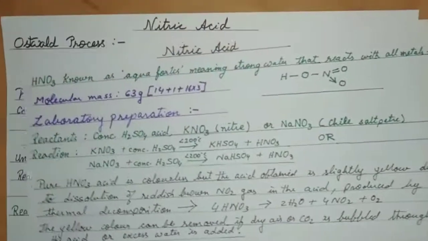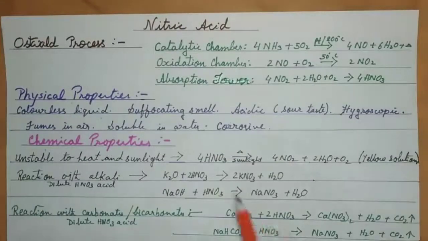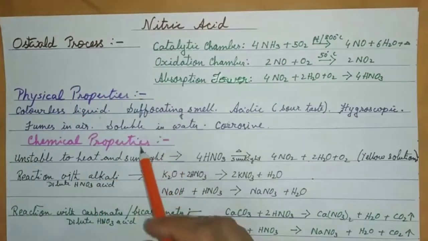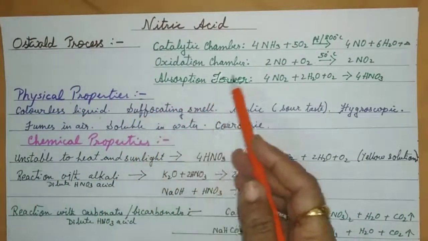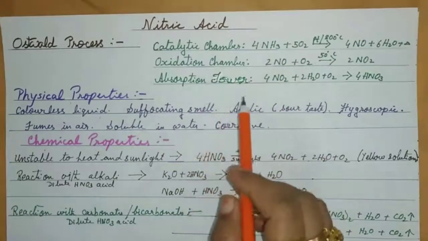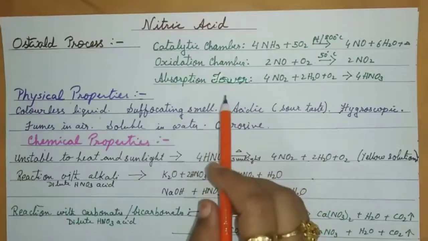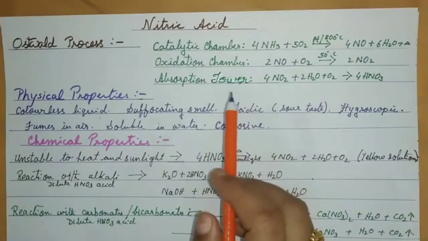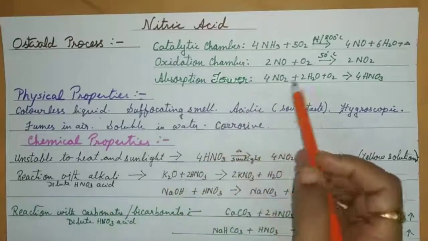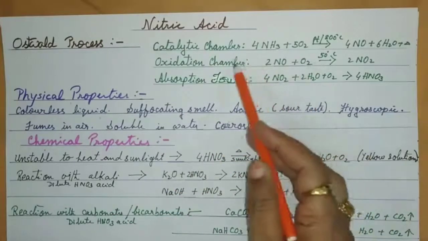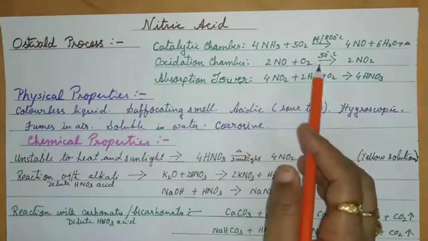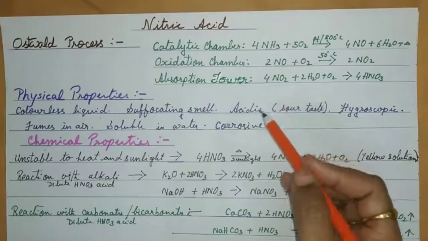We go to the next topic on nitric acid, and that is Ostwald's process. The industrial way of preparing it is Ostwald's process, where dry air and ammonia are used, and the ratio of ammonia to air should be 1:10, more of air, because the amount of oxygen which we really need in all the three chambers of the Ostwald's process is oxygen, and oxygen is only 1/5 of the air.